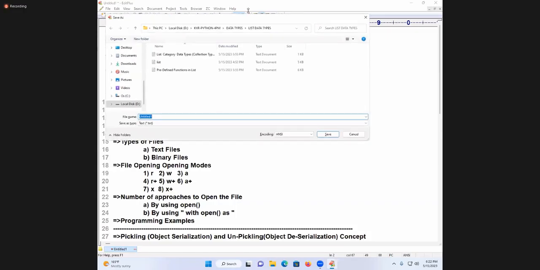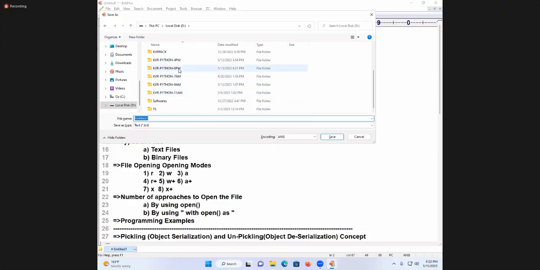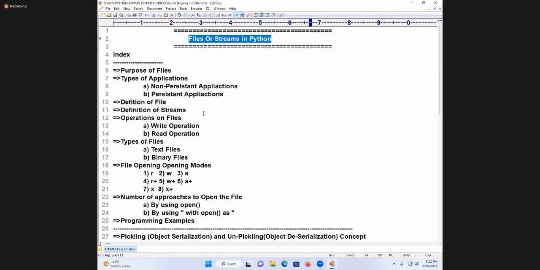So, come to the point. Online students, you don't have any problem because I am talking to the offline boys. She's asking how many days it will take. The topic is files, so I will tell the time also. Files is a topic. In that, I'll say index. In that index, I'll save this. Index of what? Files, streams. Right. So this I am going to explain. This will take 5 days. All these things will be discussed in 5 days.